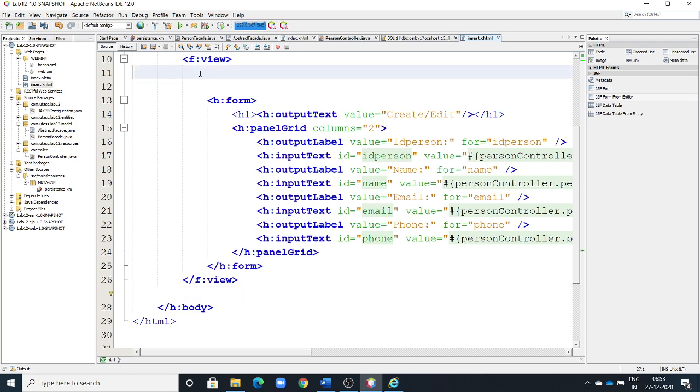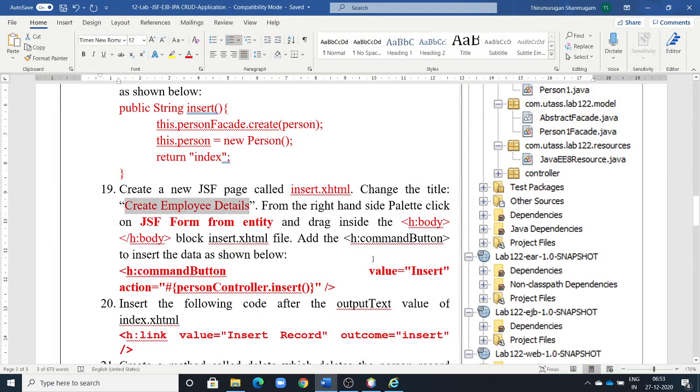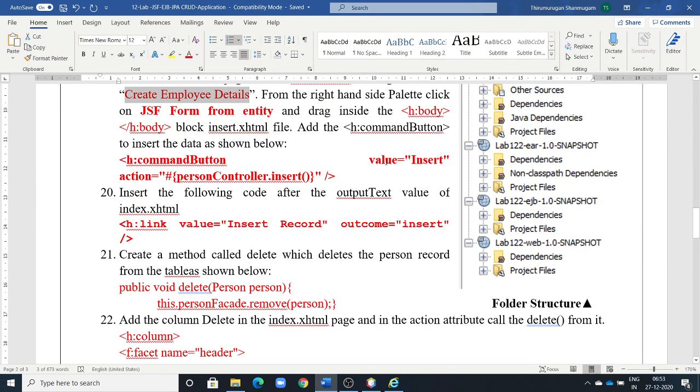See, create and edit. It will give the title also. Create and edit, output label ID, person. See, it will put the panel grid 2 columns. First ID, next text, name, input text, label, input text. Like that it is done, successfully created. Now see that